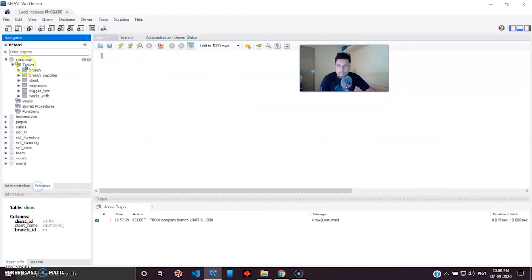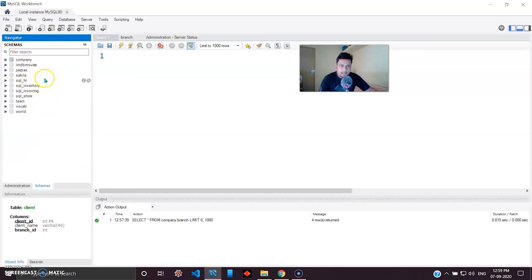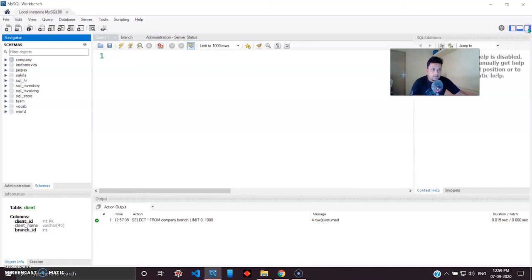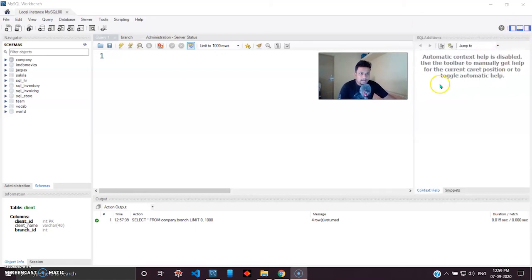Okay, so back to the schema window. Any database or any table created can be viewed through schemas. And coming back to the file options, you can see here there's a navigator for the new SQL tab. Whether you want to create a new query, you can do that right here. Okay, and you have the options to hide the side panel, or if you want the side panel again. As you can see, this is not required, so you can just click this to hide it.